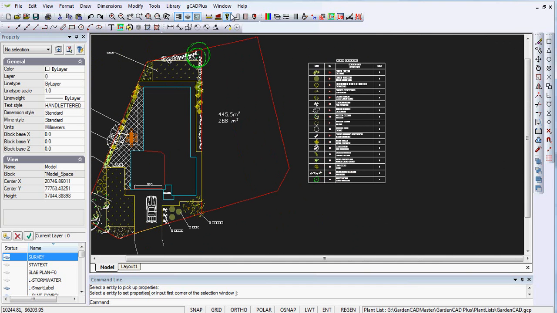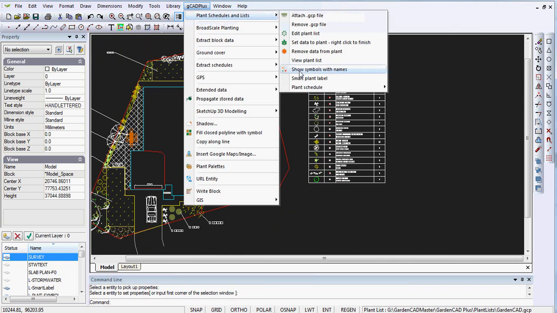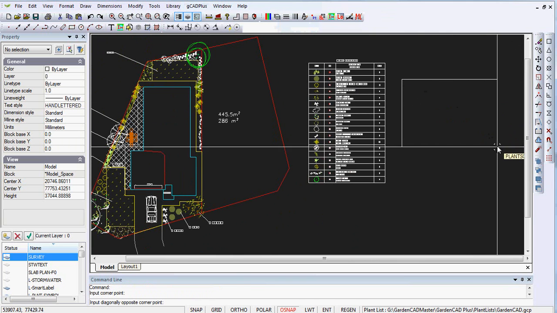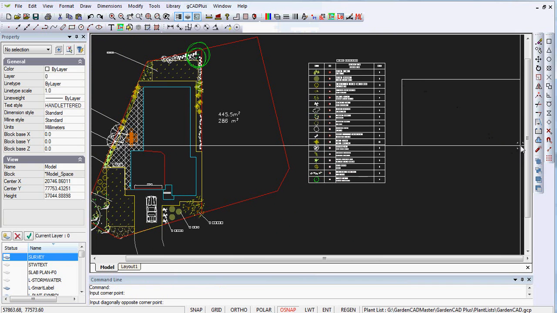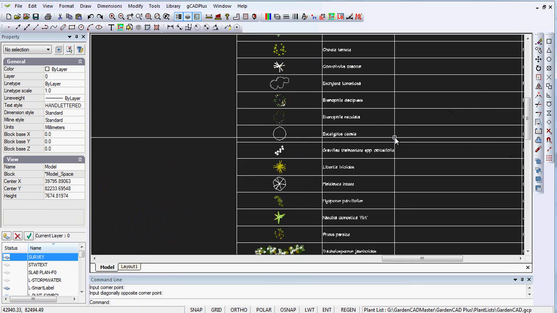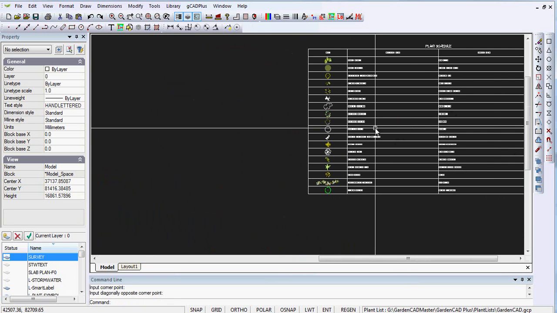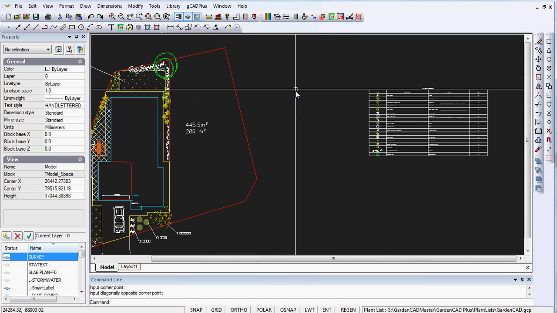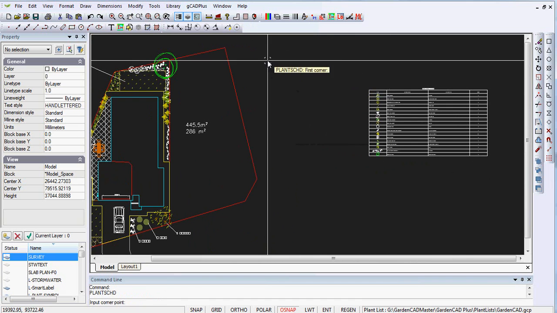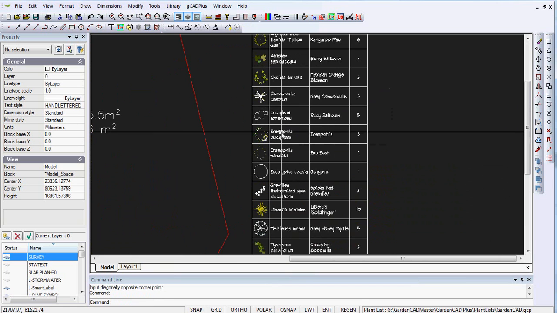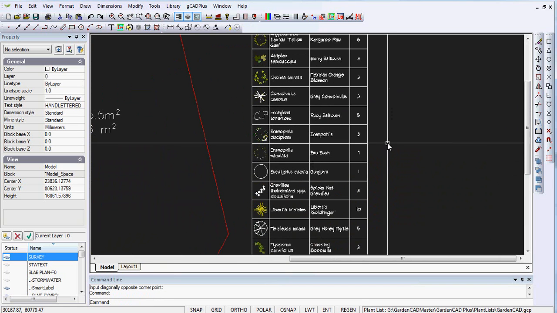So if we ran it again, the plant schedule, draw the standard schedule, and just picked a very shallow and much wider schedule, you'll see that you get a totally different effect. That really is a silly example because the schedule is much, much too wide. If we ran it again and did a narrow, tall column, we get a nicer effect and a much neater effect. The other option is there